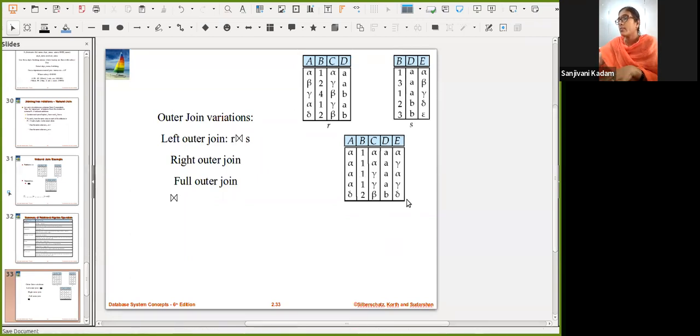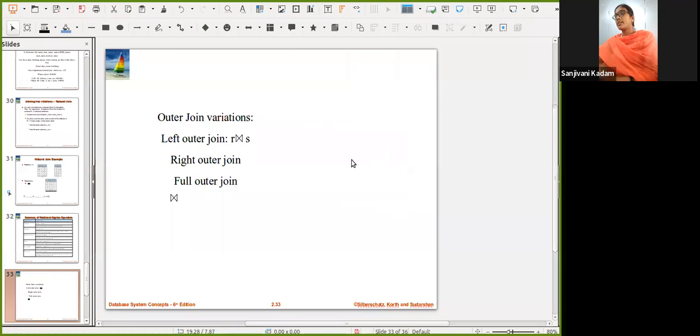It means whenever we are going for this relation output, here I am having beta 2 gamma A. This is not matching with any of the tuples from the S relation. So what it will do, it will take beta 2 gamma A as A, B, C, D as part of this, and wherever E is there, it doesn't have a value for E. So it will simply put a null here. Okay, so instead of this, I will take a simple example.